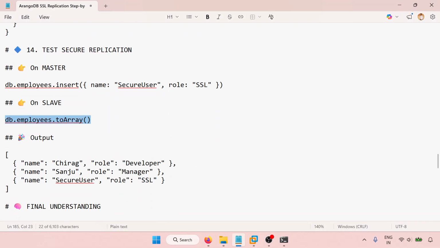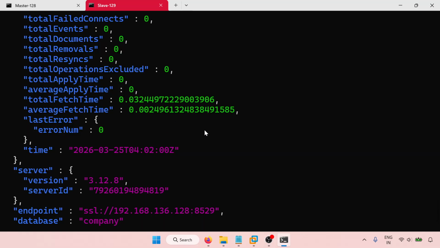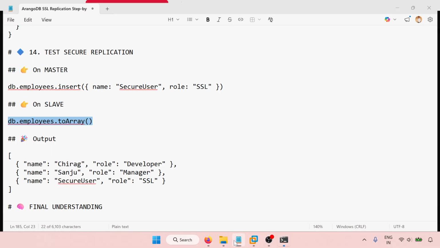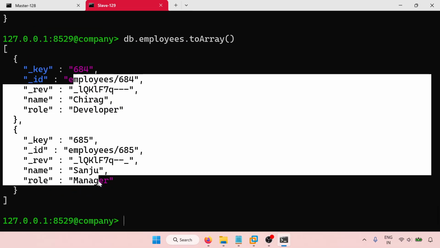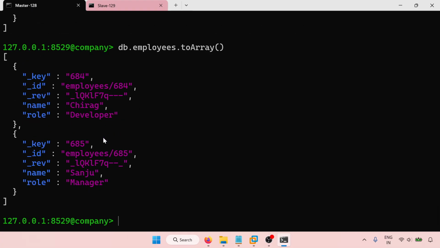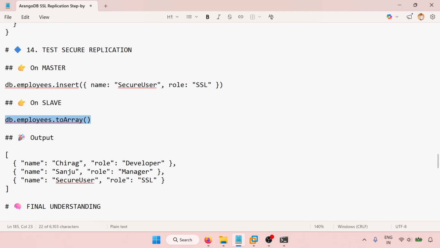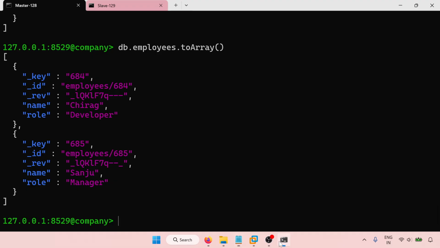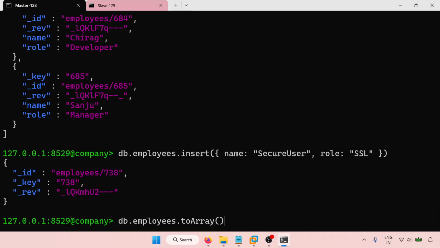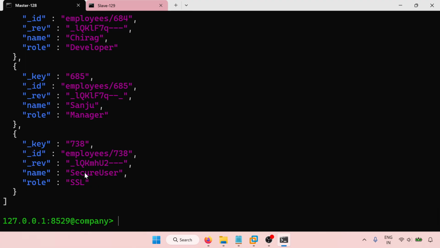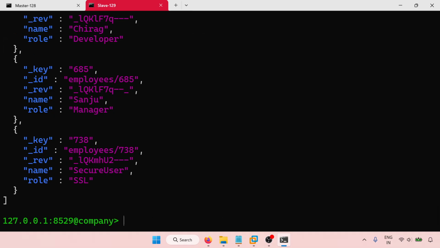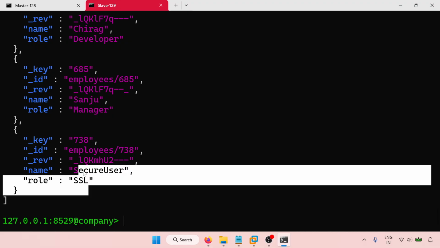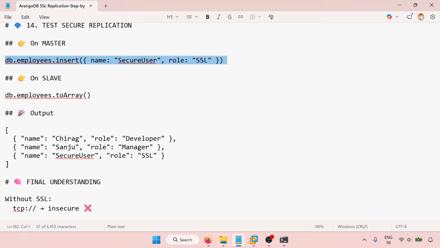So now first let me check the data on both the servers. We have two rows here, and here also we have two rows. Now we'll insert one more row. Data is inserted. Check, three are there. Username is secure SSL and role is SSL. So the same data should be replicated on the second server. Here you can see on the second server 129 we have the same data, means replication is working with